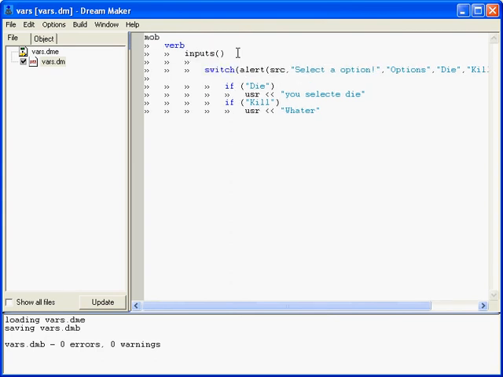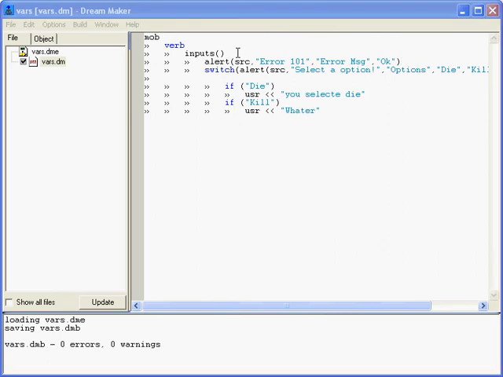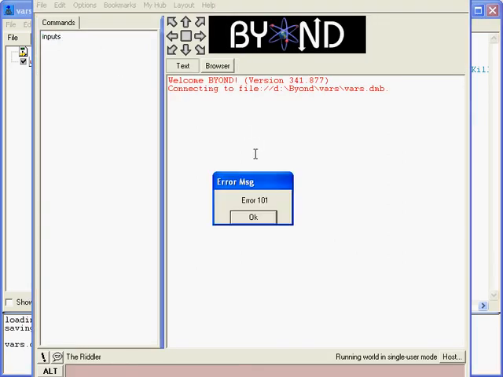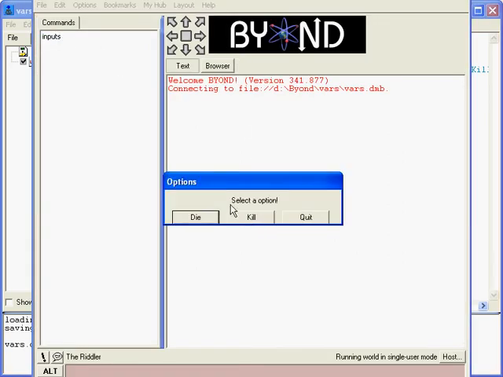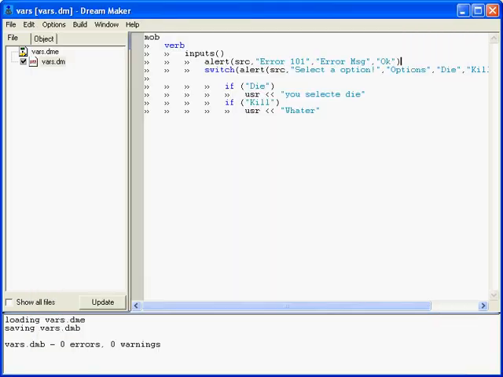And finally, you could do an alert just to output a message if you want. SRC, error 101, and then you could go error message, whatever you want really, and then have one option OK, just alerting the user to an error as it says message error. Okay, you get the idea. So that should really help you. The switch statements are very useful, used quite a lot, and I hope this tutorial has actually taught you quite